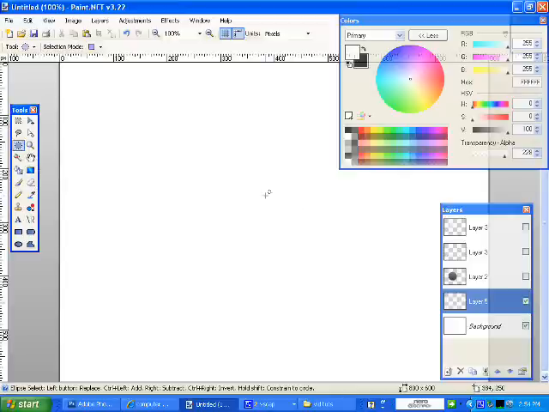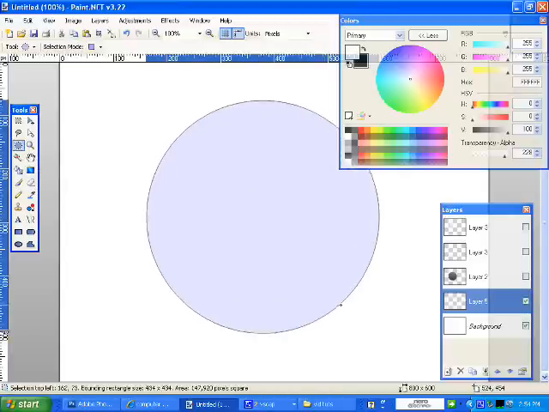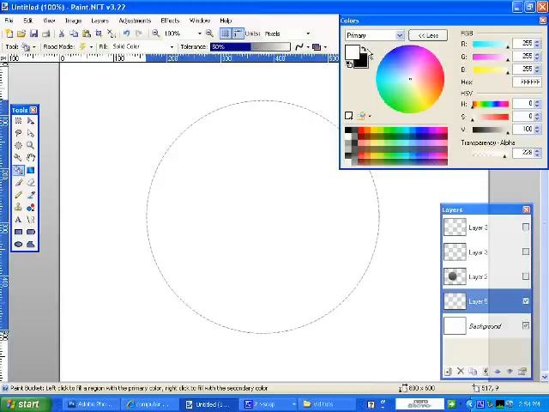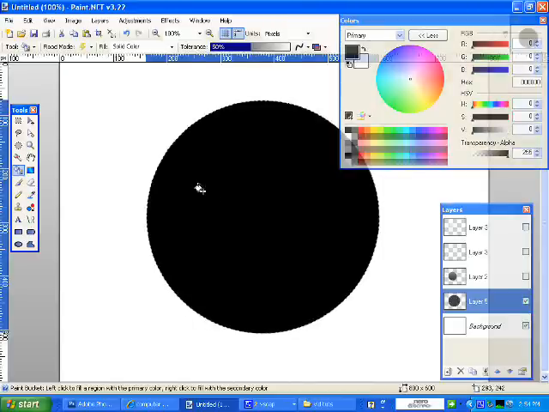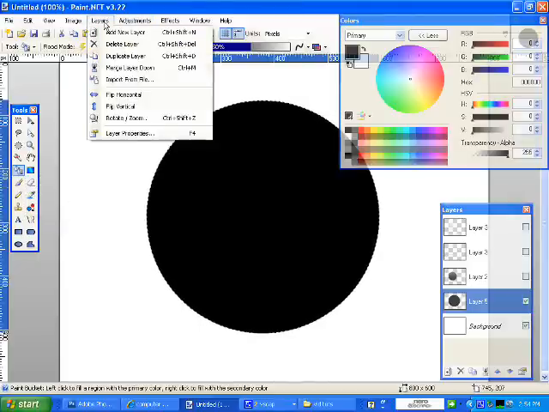Select the elliptical select tool, hold down the shift key and draw a perfect circle. And then we will fill it with the bucket and choose black, and then we will add another layer